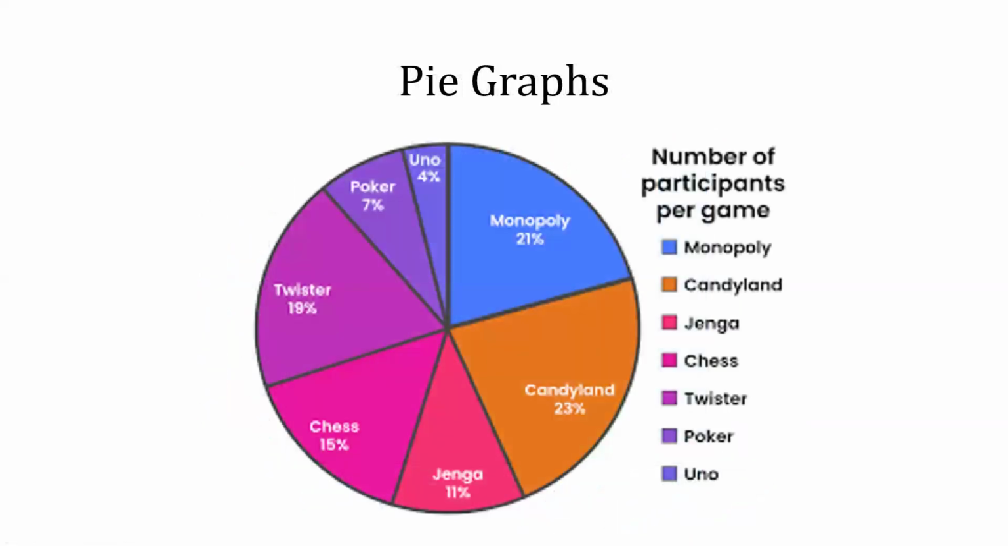Finally is an example of a pie graph in which one compares by percentage of each part relative to the whole subject. In this case, there are 7 games in which participants are playing, and based upon the percentage of each game presented, most people are playing Candyland, with Monopoly